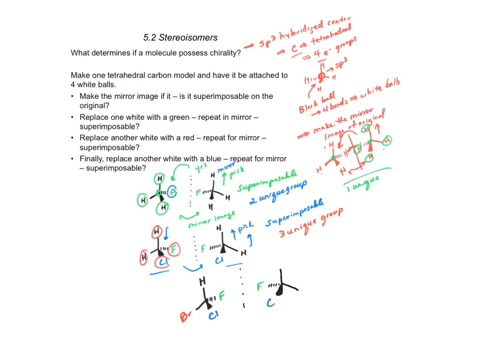We've got our chlorine, we've got our bromine, and we've got our hydrogen. Again, we've got our mirror image of our original molecule. Now, the question is, if you pick this up and rotate it, and you can rotate it any way that you want to, and you plop it back down on this guy,